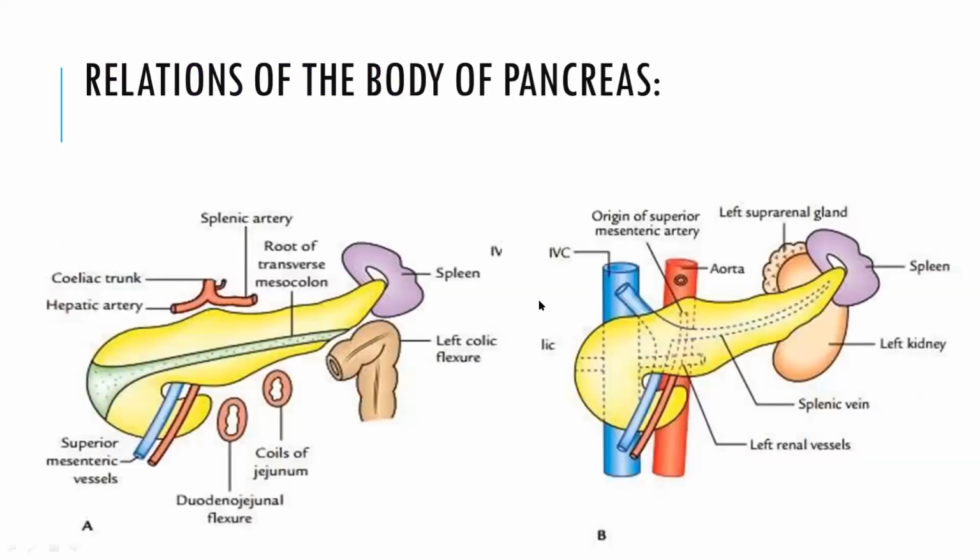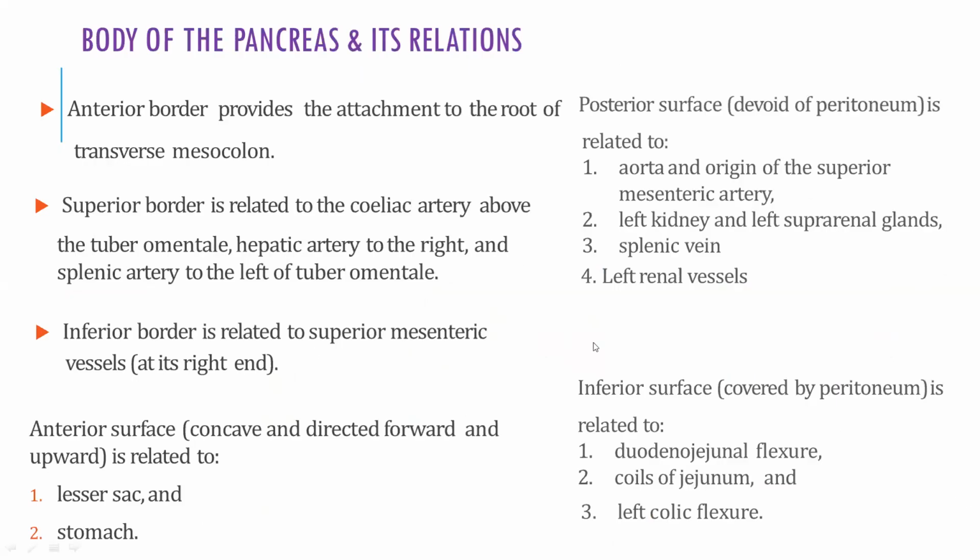You can see here the relations of the body of the pancreas, which we will come across. You can see here, this is the body of the pancreas. This is the posterior area, and this is the anterior part. So we'll be seeing all these things. Body of the pancreas, if you see the anterior border, it provides attachment to the root of the transverse mesocolon, whereas the superior border is related to the celiac trunk